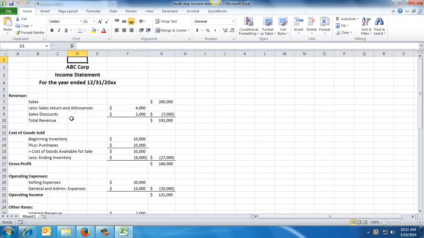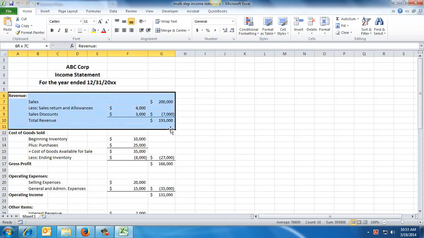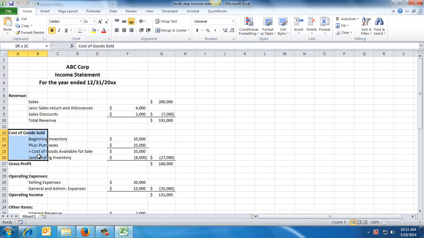Here I'm showing you a multi-step income statement. I'm not going to spend as much time on the sections that you already are familiar with, but I will still cover those generally. As we know from past experience, the first section of our income statement is always where we report our revenue. So our sales, less any returns and allowances that we have, minus any discounts, gives us our total revenue. Then we always report our cost of goods sold,